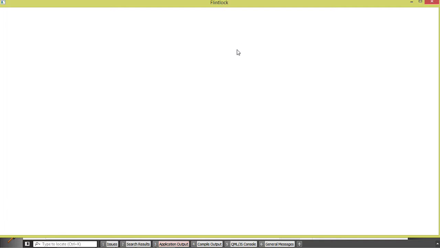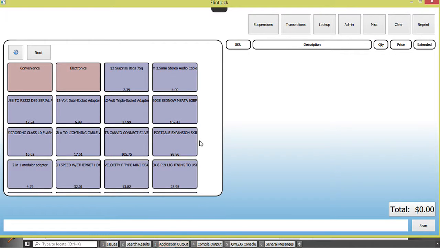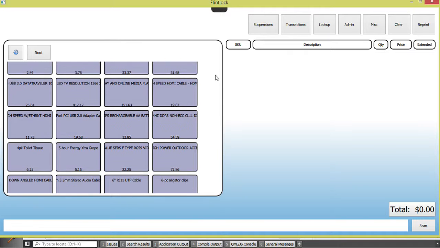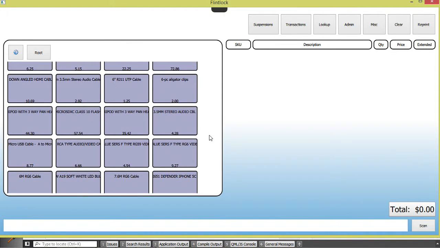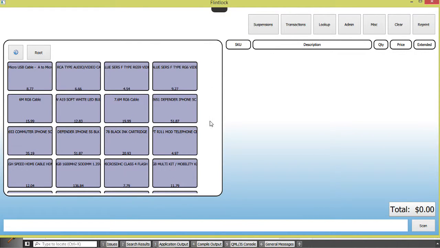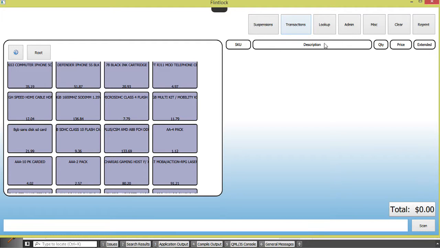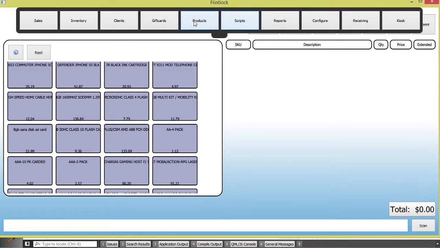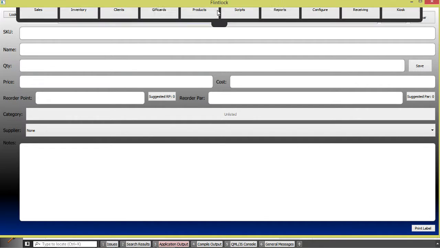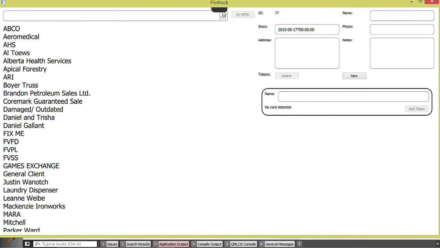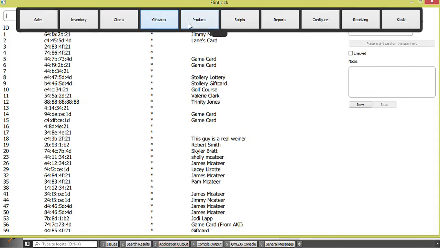It's a network point of sale, so this connects to a database running on, in this case, a computer at a store 3 blocks away. It goes over the internet to do that. This is in production. It's a fully functional program. This is the sales page. I've got an inventory app, more designed to work on a tablet or a phone, various clients, gift cards,